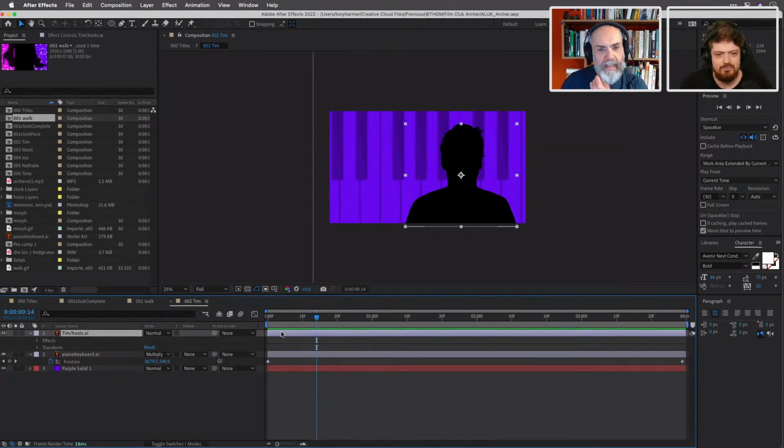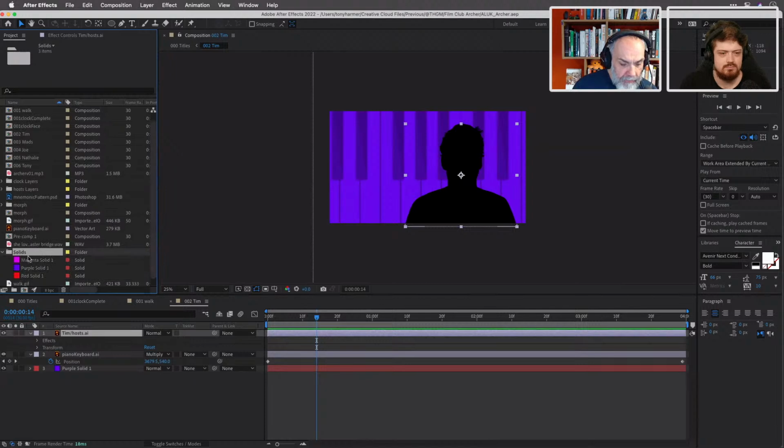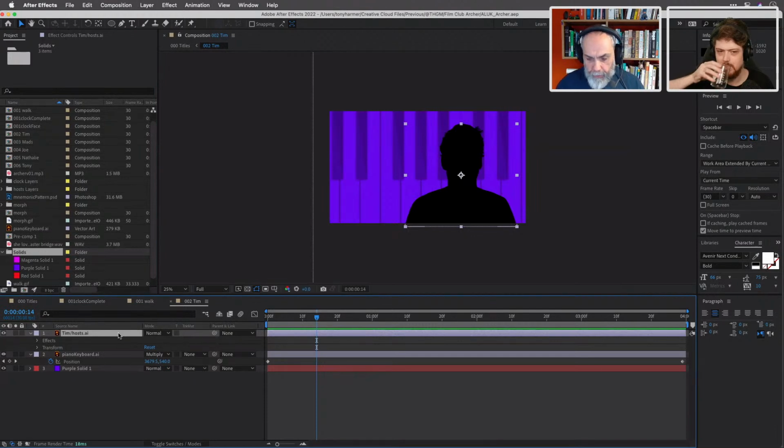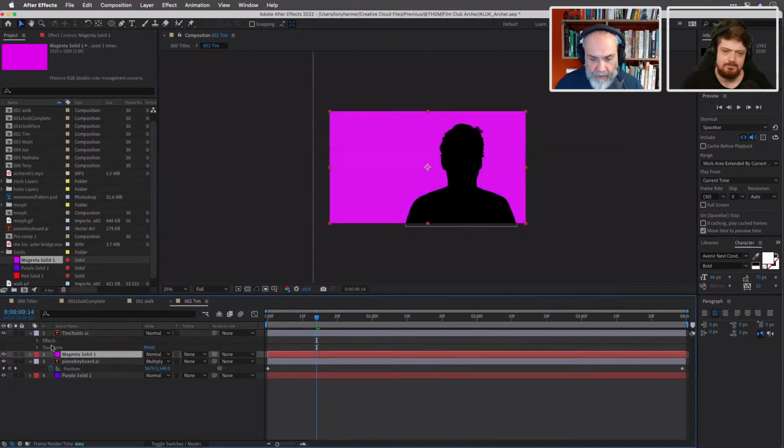Right, so, of course I put your nice piano keyboard in the back, and I've got something else I want to add in for a little bit of texture as well. In fact, just so I don't forget that, I'm going to bring in another solid layer here. I've got a bunch of solids already, some of which I just drop into comps so that I've got the content to work with at the same time. So with you, I will bring in that solid first of all. I'm going to drop that just here. The color is not desperately relevant at the moment, but we will be using it.